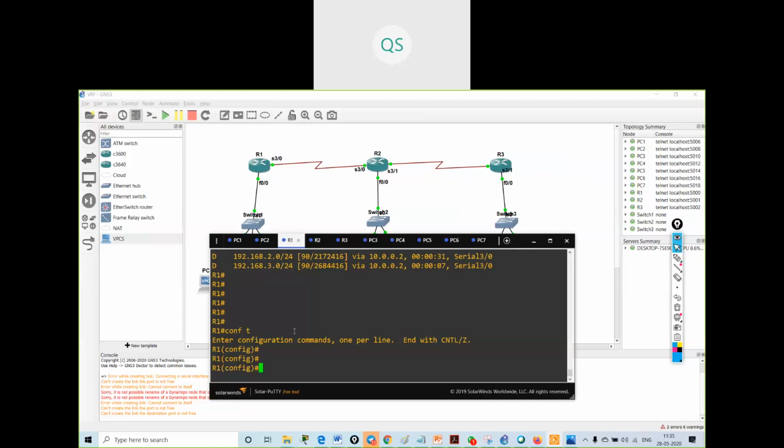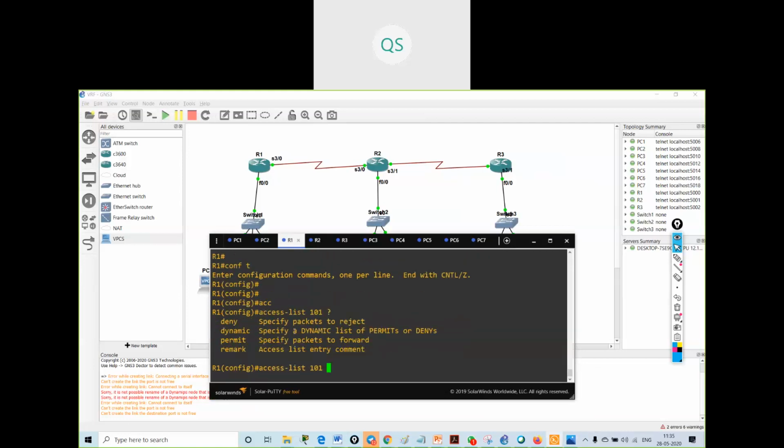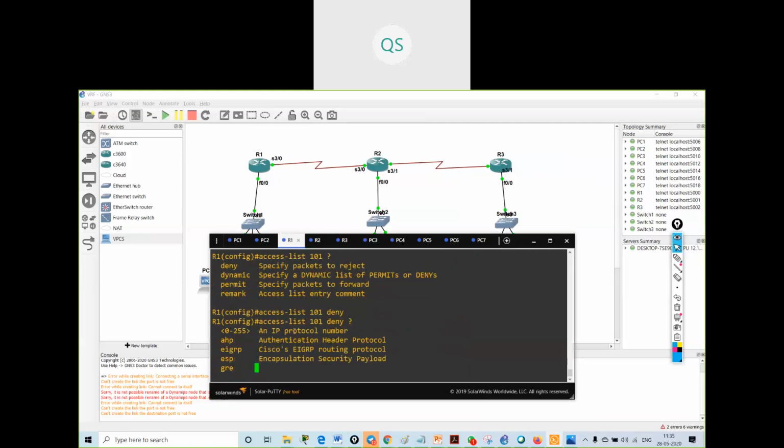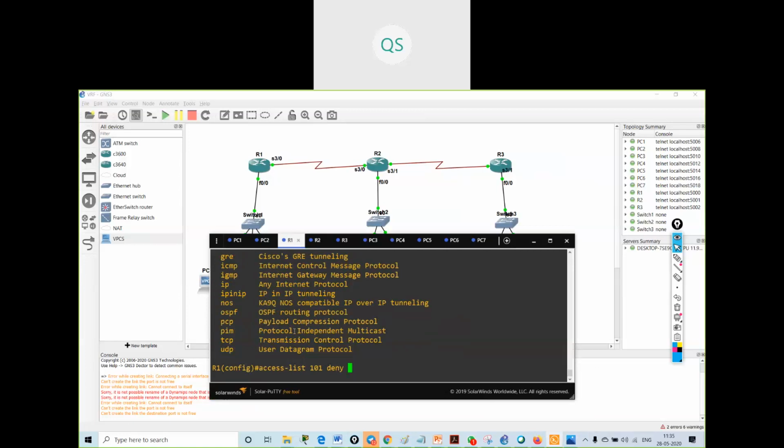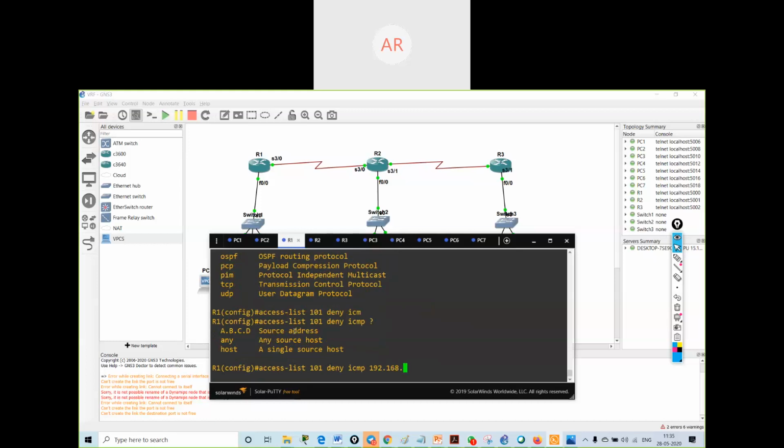So what was the access list I have to use? Then it is asking me deny what, ICMP, source address 192.168.1.1.